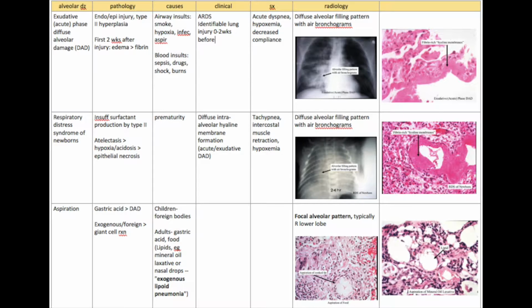Alright, so now we're going to go on to discuss the respiratory distress syndrome of newborns, and this particularly affects premature babies because surfactant begins to be produced during the 24th gestational week, and say you have a premature baby who is born at the 22nd week, they haven't even had surfactant being produced in their body. So this is going to be very, very common in those premature babies. And even so, surfactant begins to be produced during the 24th week, but the actual surge of surfactant is during the